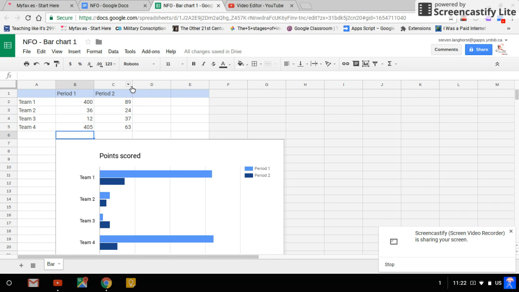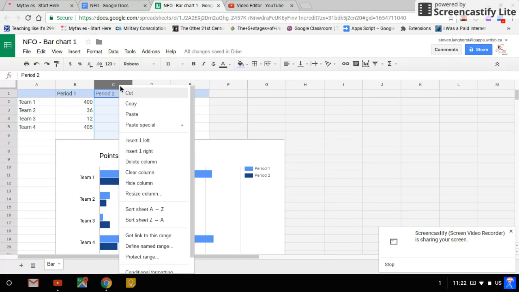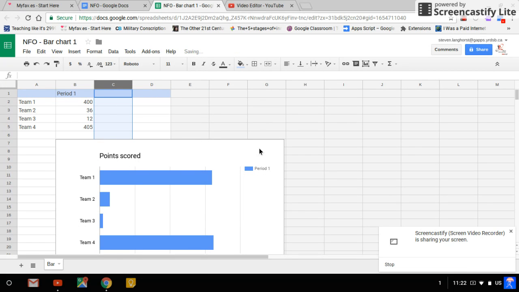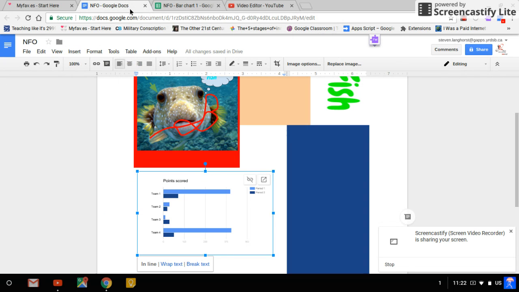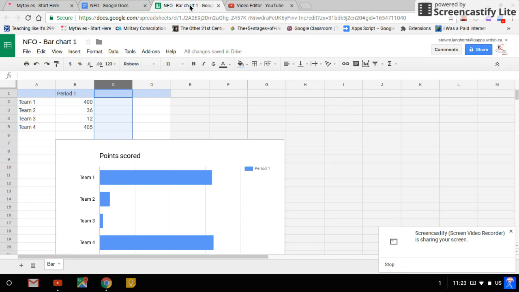Another thing you can do is you simply click on the row, or sorry, column, in this case, column, and right click, and you can delete a column. Now, the reason I'm deleting the column is because I want to show you another feature. I'll go back and update this first so you can see that it still does modify. So now I've taken that whole second column of data out. You can add data and it will work as well, but by taking that data out, I'm going to show you the next thing, which is if I click on the graph in the sheets,